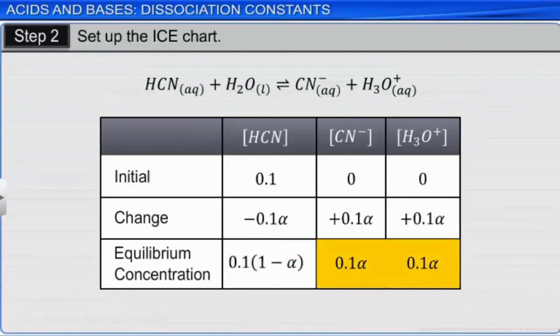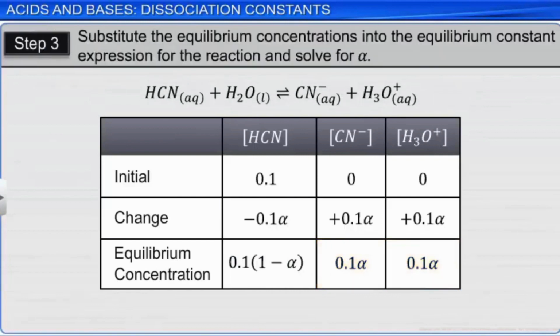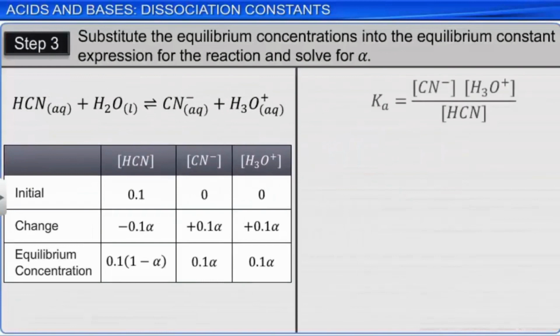In the third step, substitute the equilibrium concentrations into the equilibrium constant expression for the reaction and solve for alpha. The expression for the dissociation constant of hydrocyanic acid can be written as Ka equals product of concentrations of cyanide and hydronium ions divided by concentration of hydrocyanic acid. On substituting the equilibrium concentrations into this equation, we get 0.1 alpha multiplied by 0.1 alpha divided by 0.1 multiplied by